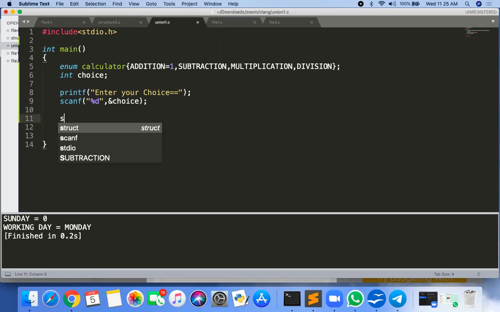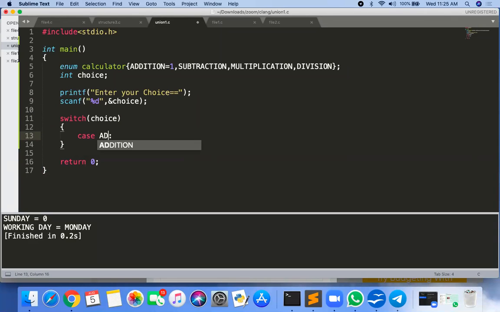Okay, and what you have done before is switch choice for the different cases, and you have done case 1. Before this you have done this, but now I can do case addition. In case of addition, then what to do? Here the code for addition.